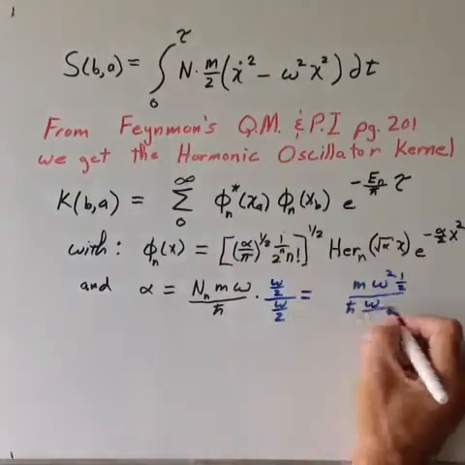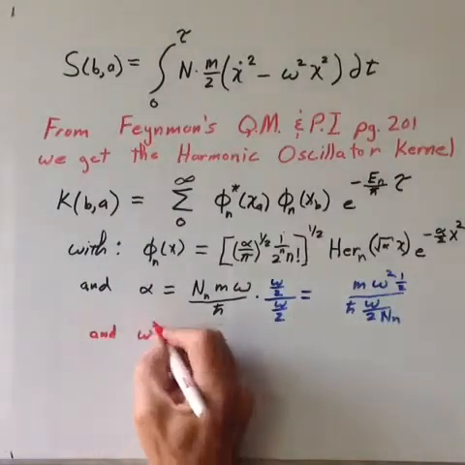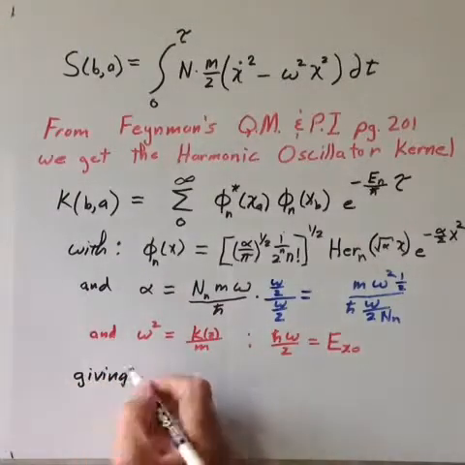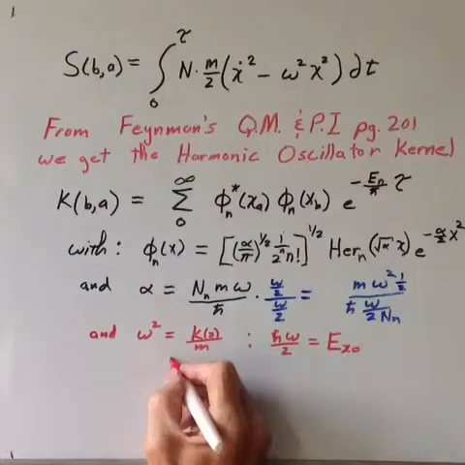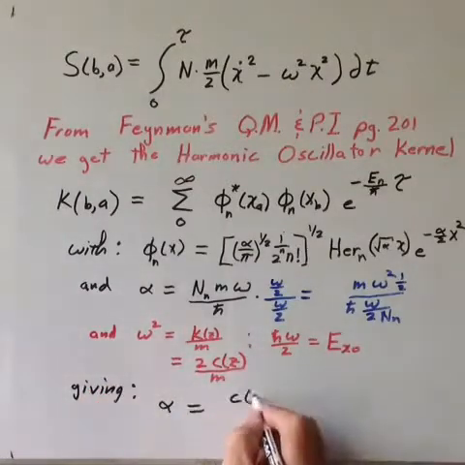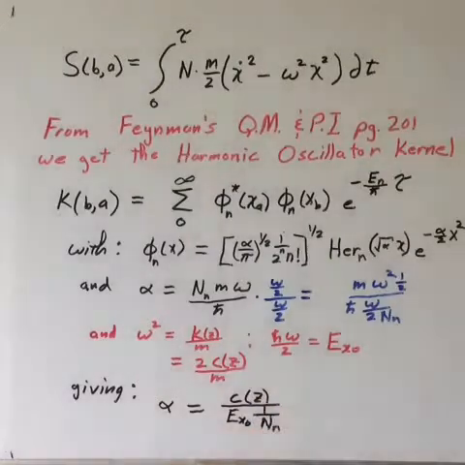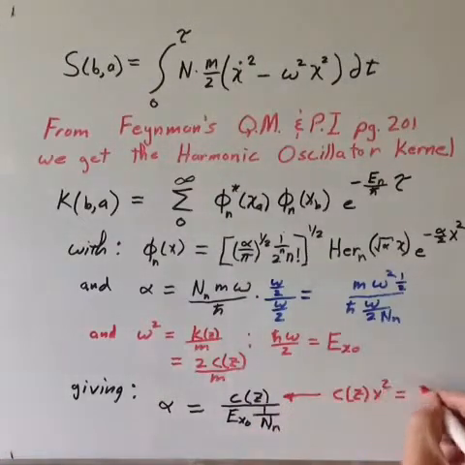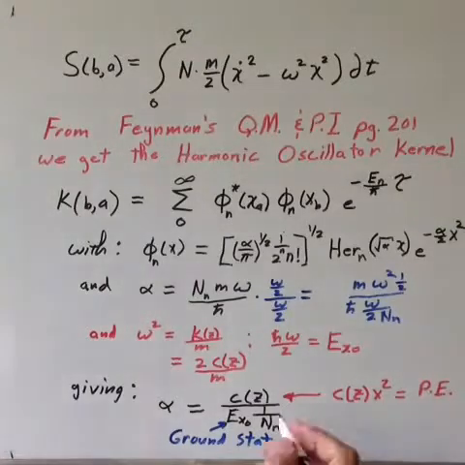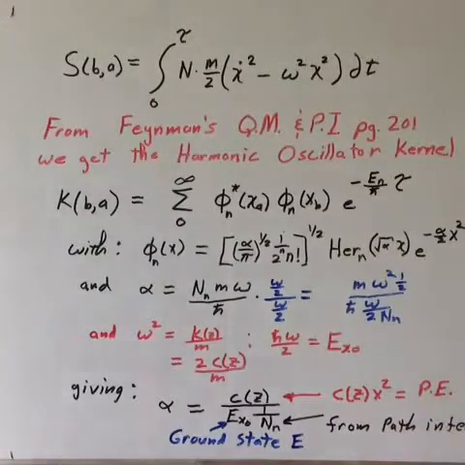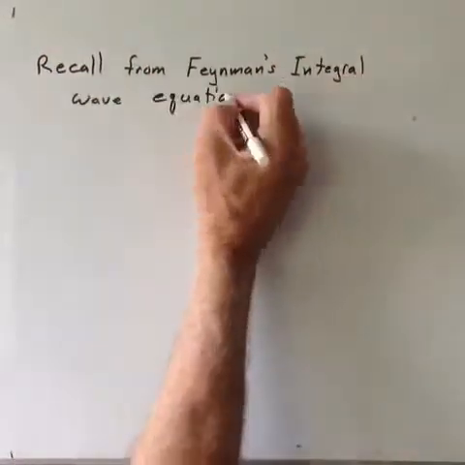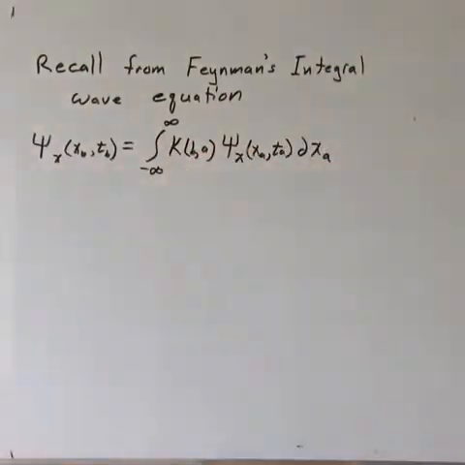The constant in the exponential of the spatial wave function can be manipulated as shown to give a more intuitive notion of how the factor n alters the wave function. n equal to 1 gives the standard solution. As n gets large, it lowers the average energy proportionately. If you use the previous kernel in Feynman's integral wave equation, we find the wave function as shown, with the